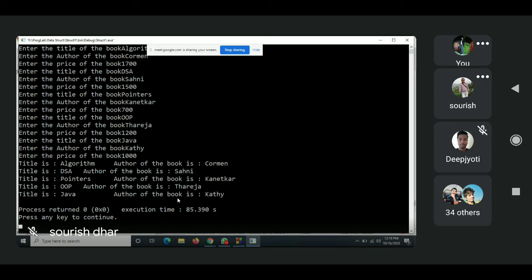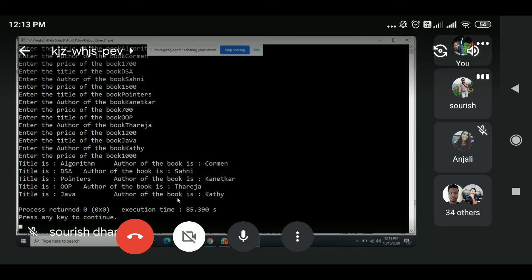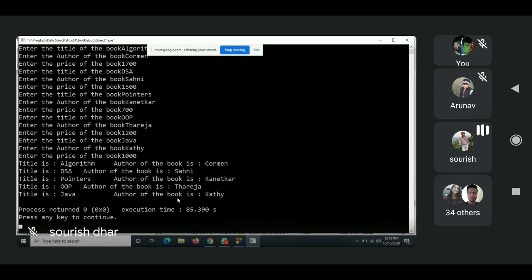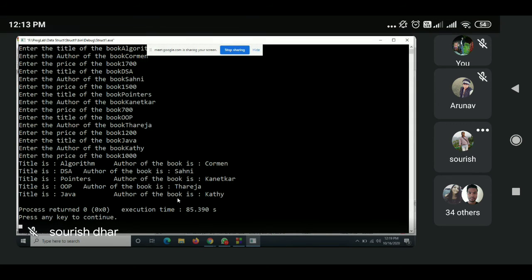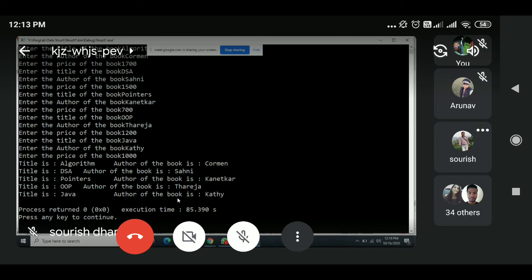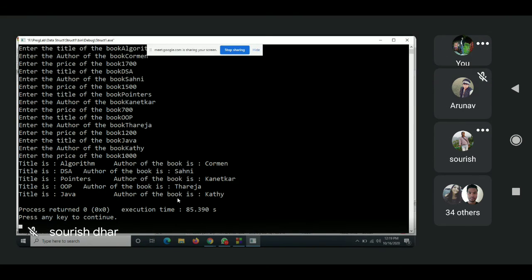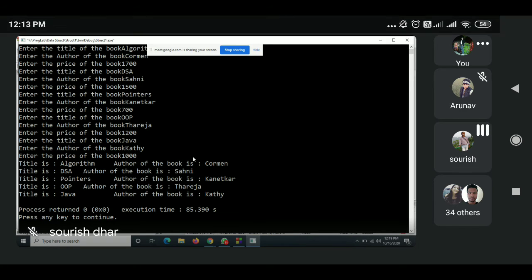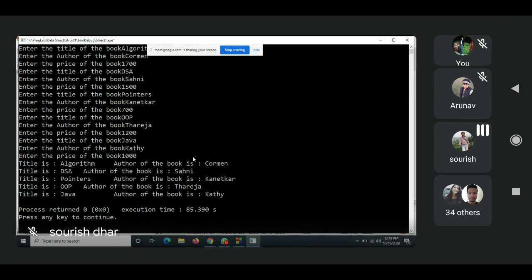Yes, sir. Any problem? No, sir. Anybody having any problem? Yeah, these are the 5 books. You can format the output in a better way, but this is a way you can do this.